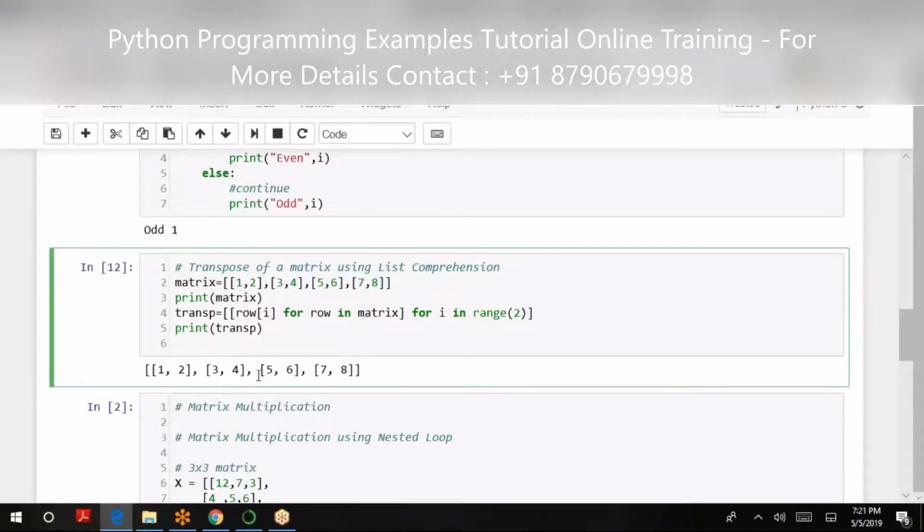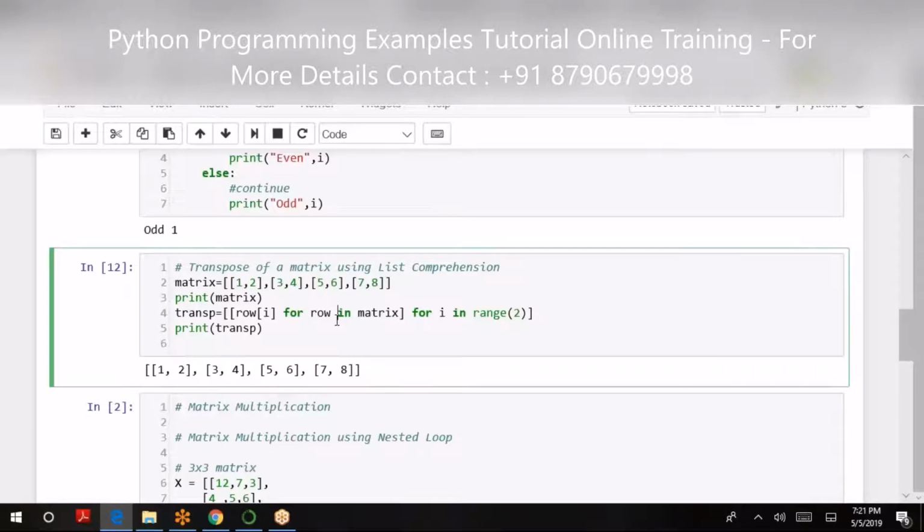So when I say 1, 2, 3, 4, 5, 6, 7, 8, in the first row there will be 1, 3, 5, 7. Second row 2, 4, 6, 8. Right? Yes. The first value signifies the first row. Yes. The second value signifies the second row. Okay. So the first row will be 1, 3, 5, 7. The second row will be 2, 4, 6, 8.